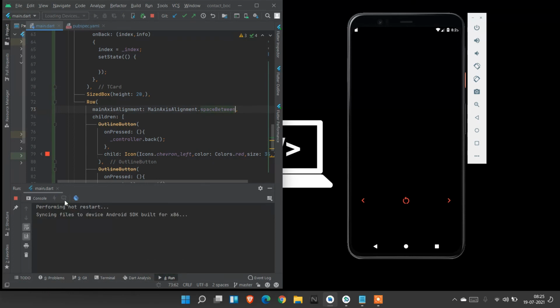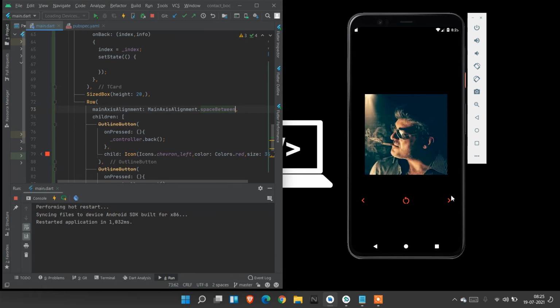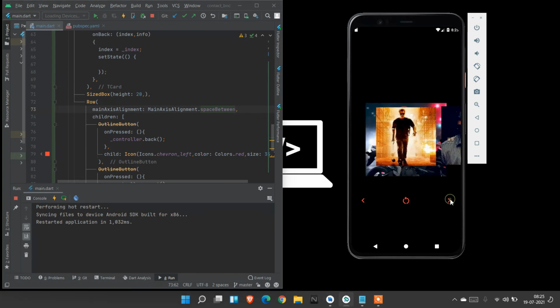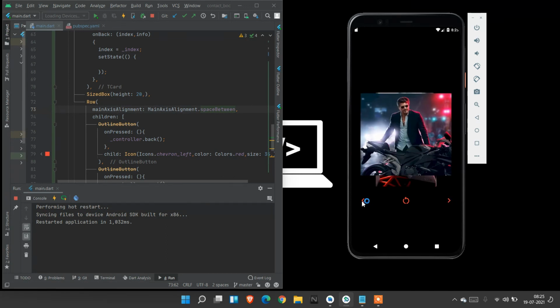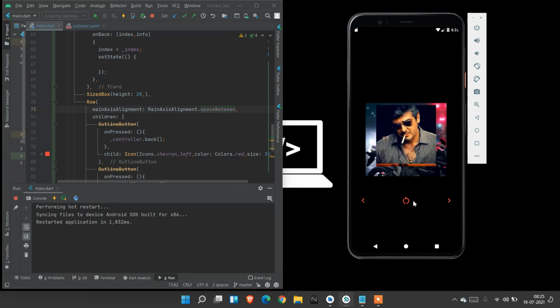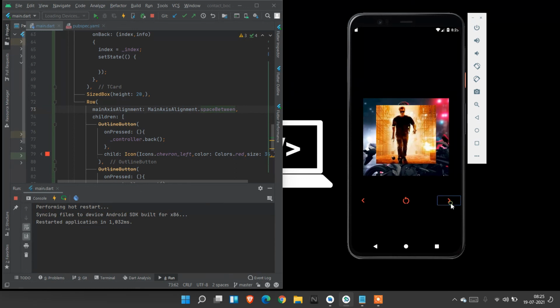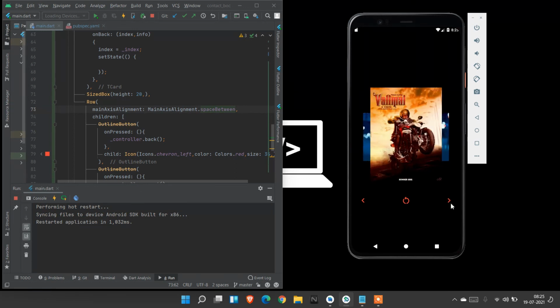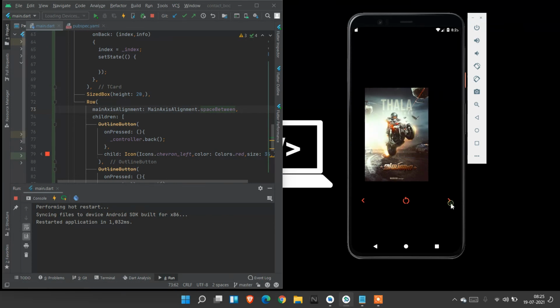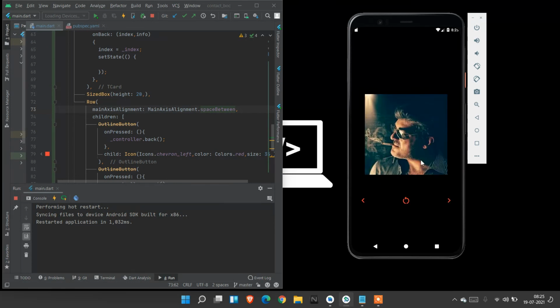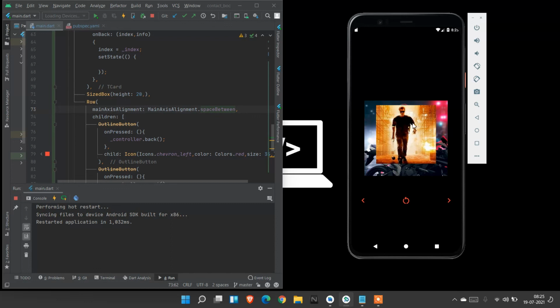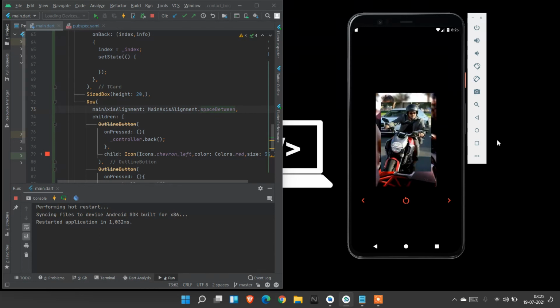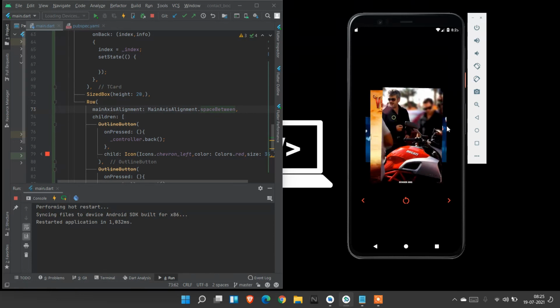Now I restart this app to see the images. Yes, it works. When we click on this button, it automatically moves forward and backward. The button is also working clearly. When we press reset, it is going to reset all the images to the backward form. So simply we can create TCard images in Flutter using the tcard package.